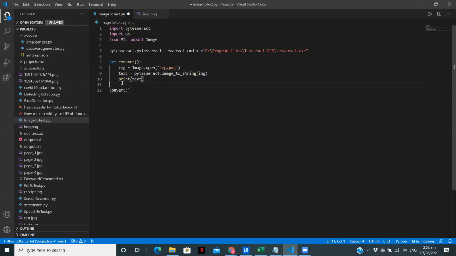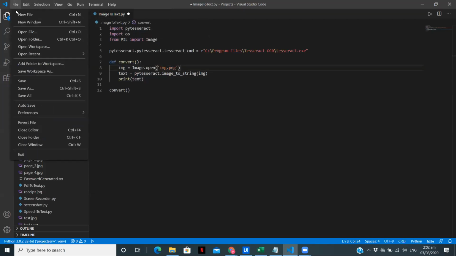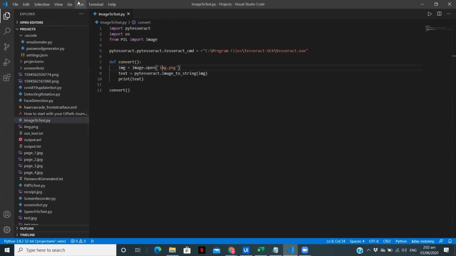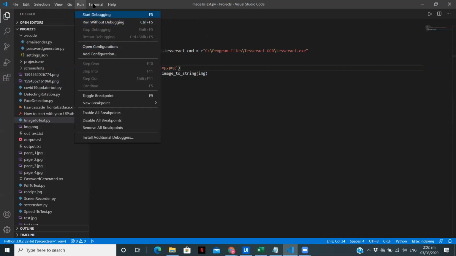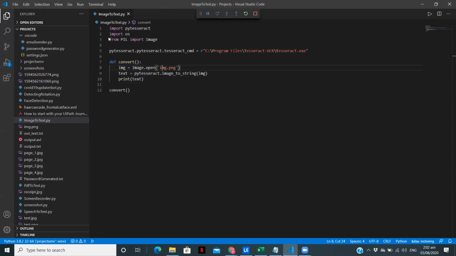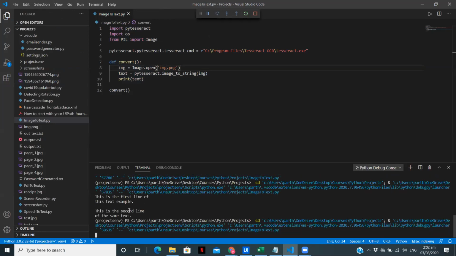Now I'm going to just print, using the print statement, the text which we have extracted. So this is, you can see, only 10 lines of code. If we exclude the spaces, there are just 10 lines of code we have written to extract the text from this particular image. So now let me save this file and run it. I'm going to run this and we'll see the text extracted over here. So now my file is running.